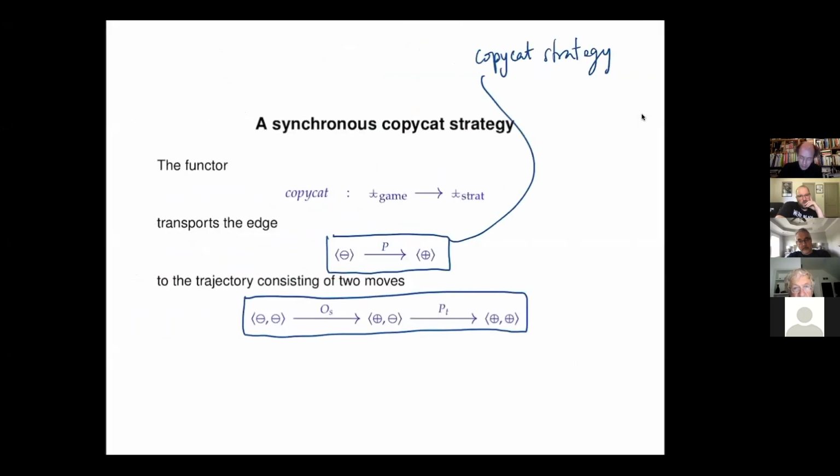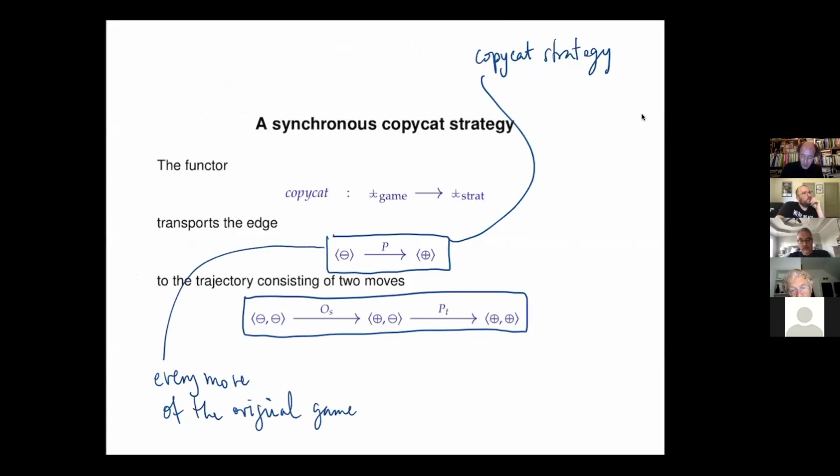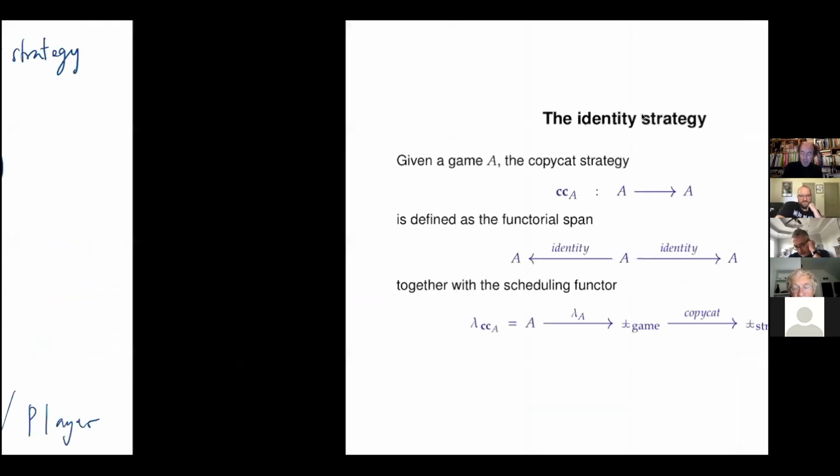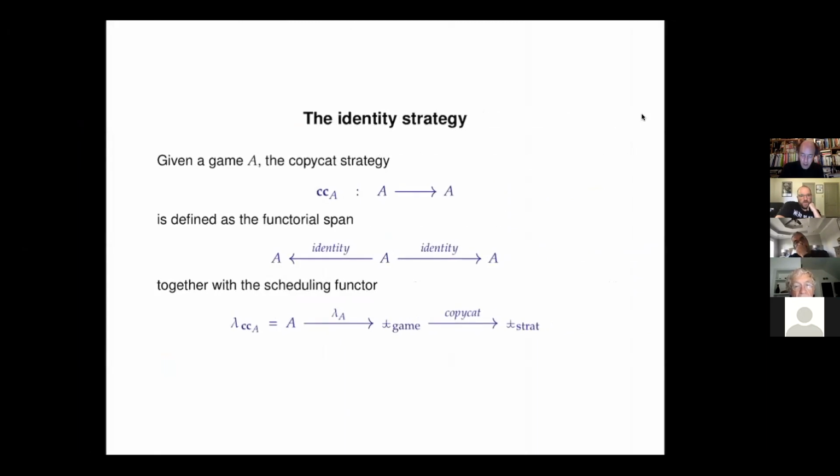So the point is that every move of the original game should be turned into two moves: the opponent playing the move, and then the player reacting to the move. And so the copycat strategy is just defined as this span